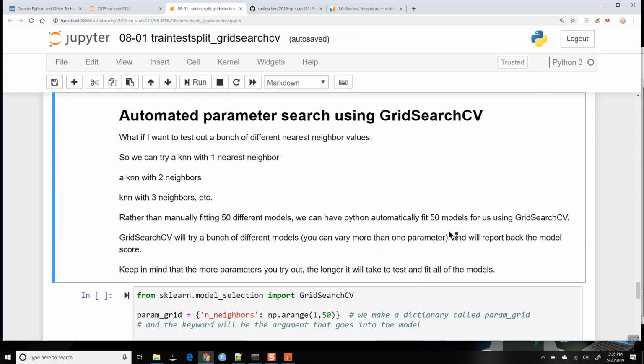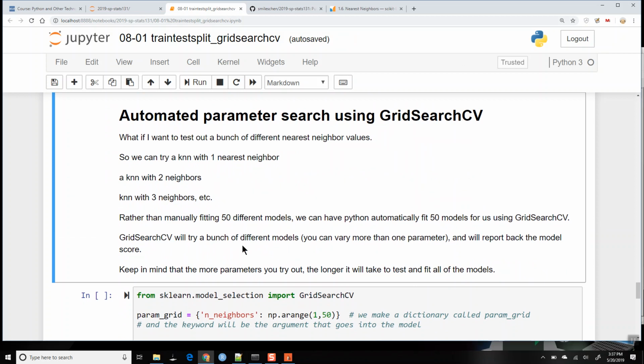And all of these things, you give it a way to measure performance. You give it a metric, and it's going to test every single model. And so this could take a very long time if you've got a lot of parameters and values to search, but it'll test every single model. It will keep track of the metric, its performance with all of those different values, and then it will return back and tell you which one was the best. Okay, so